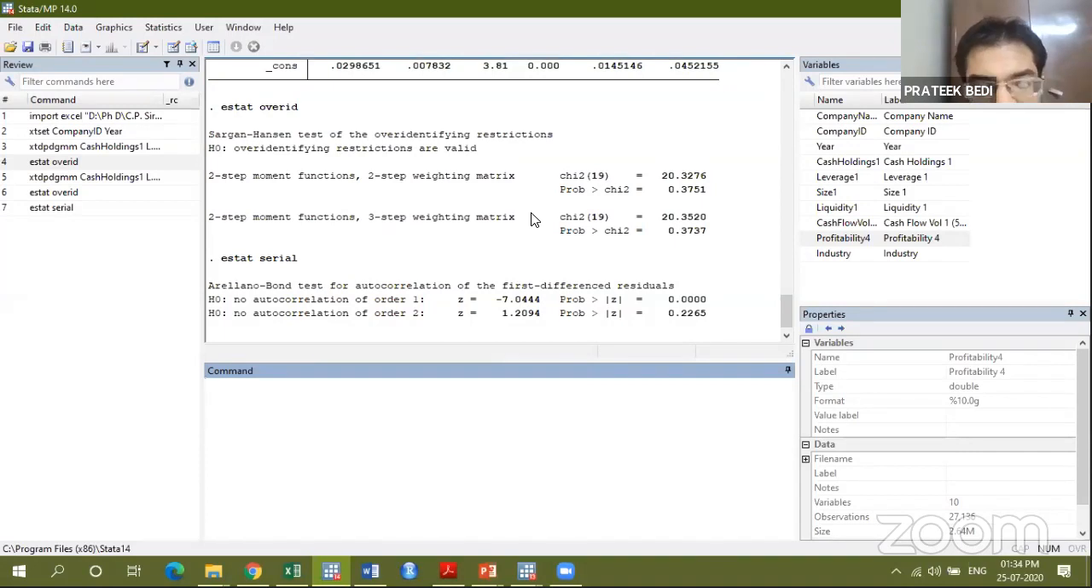Okay, so ideally my suggestion would be to use 2-step weighting matrix and report its corresponding p-values. Okay, and so basically the null hypothesis here is that the instruments are valid, they are satisfying the conditions of exclusion as well as relevance, and these null hypotheses are getting accepted. Okay, the p-value is 0.3751 in the case of 2-step, and in case of 3-step it is 0.3737. So again, this condition is also satisfied, instruments are valid,